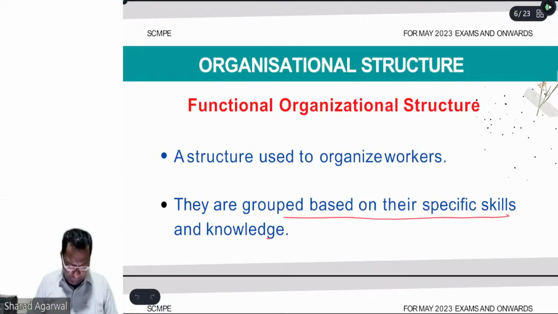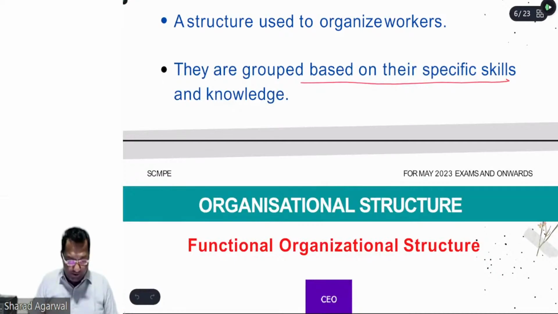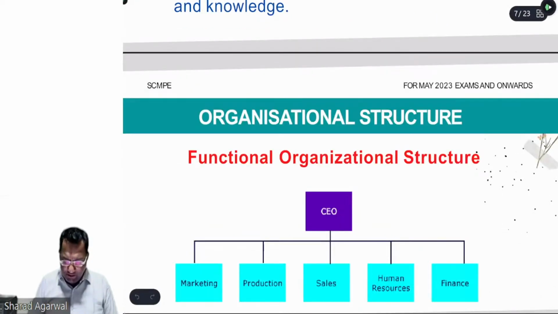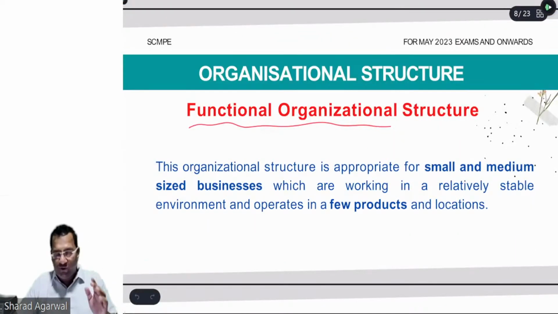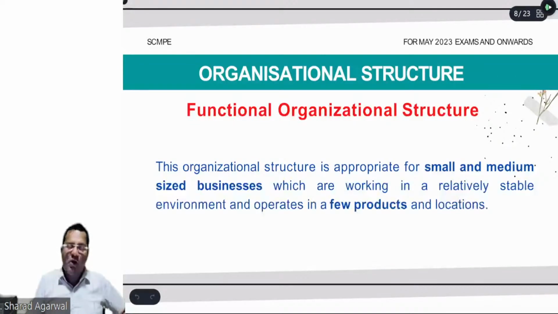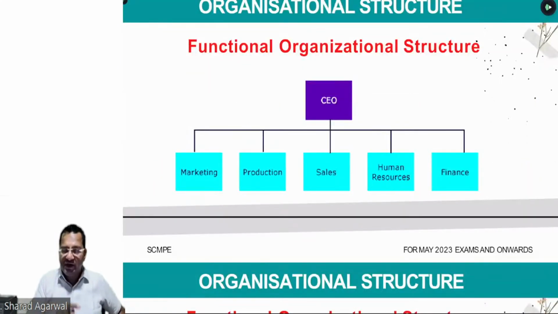Okay. And this is very, very important. The functional organizational structure is appropriate for small and medium-sized enterprises that work with only a few products. So this is the first organizational structure, known as the functional organizational structure, where we appoint different managers for different functions of the organization, but more or less the decision-making power rests at the strategic level of management. Therefore, there will be very little benefit if we implement responsibility accounting in a functional organizational structure.